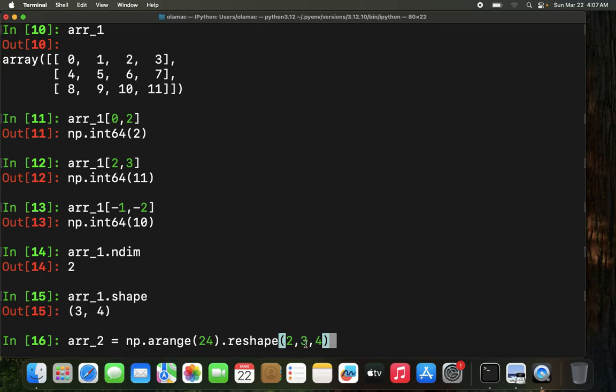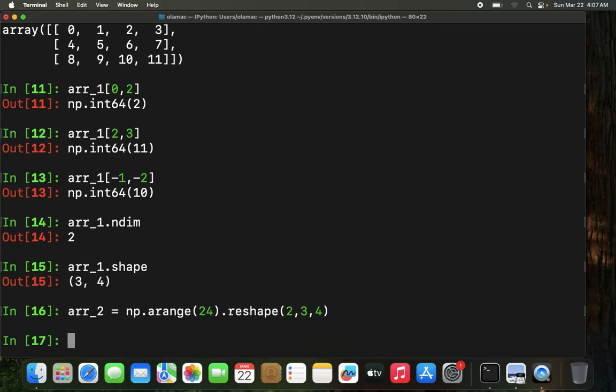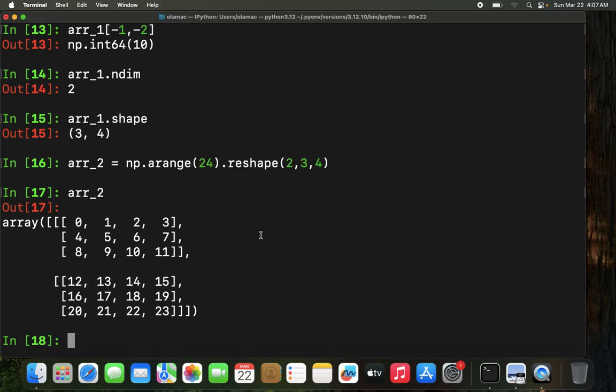Okay, so 2 times 3 times 4 is 24. Whatever shape I'm specifying here must also agree with the number of items in our arange method, otherwise it's not going to work. So I can do this, for instance, and then ar2. Okay, so this works. What I said the other time is, for instance, if you do test array, and then